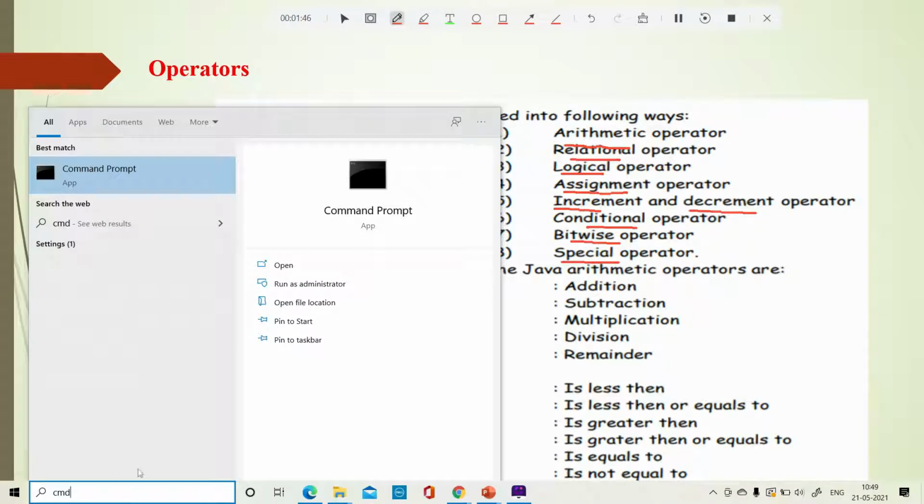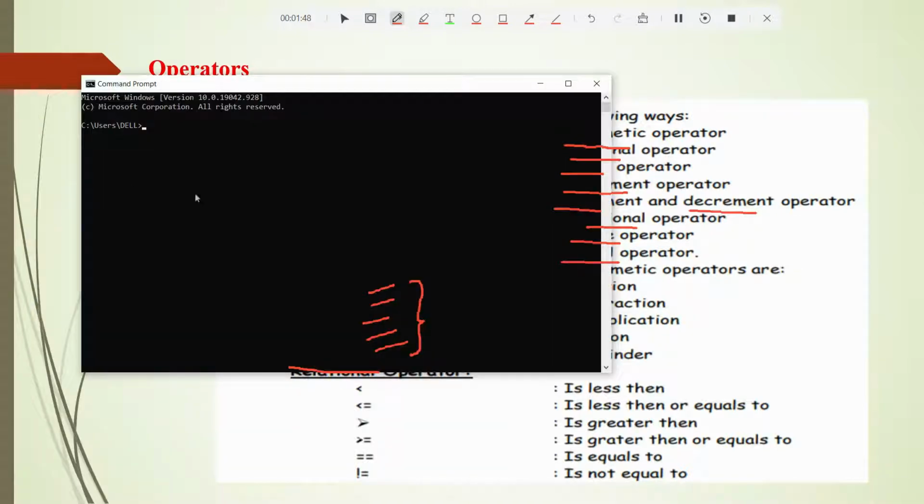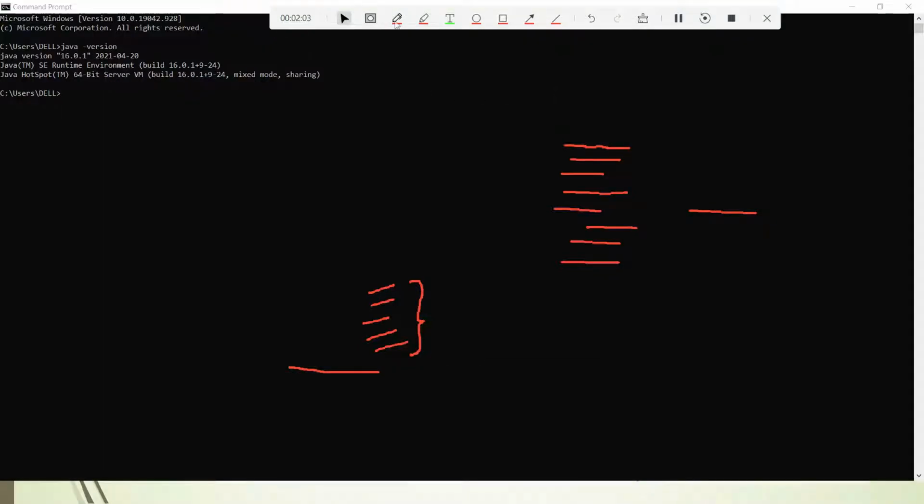Go to the command prompt, type cmd, then type java -version, and it will give you the version. You can see what I am underlining: 16.0.1. So your JDK version is 16.0.1.